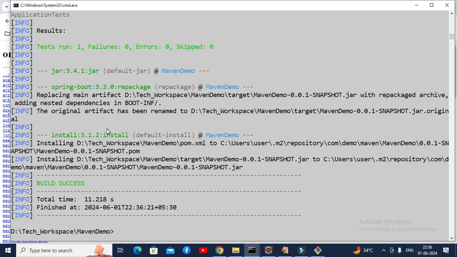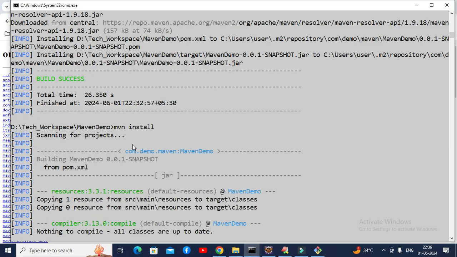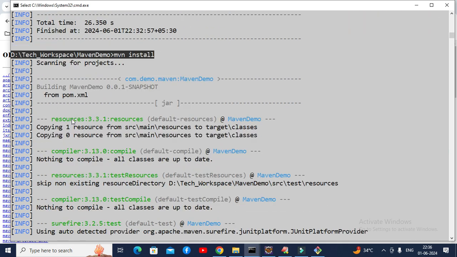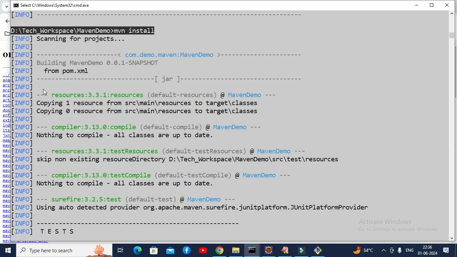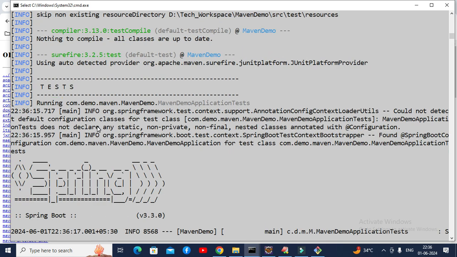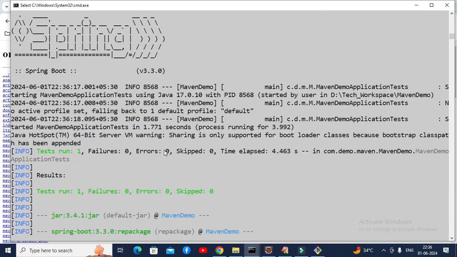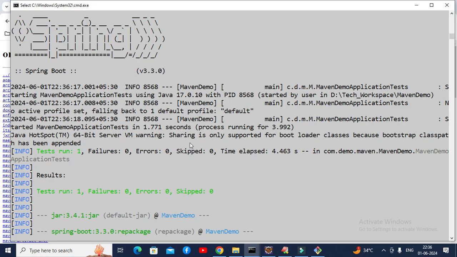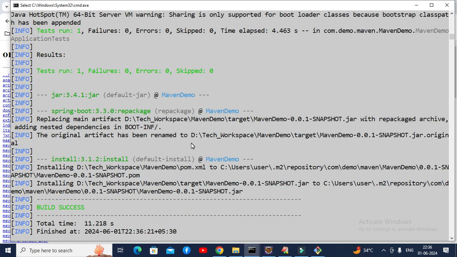Now let's see. I just executed Maven install here, but it is just scanning for the projects from the pom.xml file. After that, have you observed any keyword like Maven Central here? I don't see that keyword anywhere. Did you see that one? No, we don't have Maven Central. That means